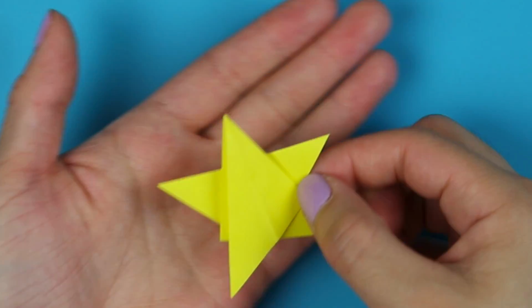My crafty friends, it's Jenny from Origami Tree, and today we're going to learn how to make a simple 2D